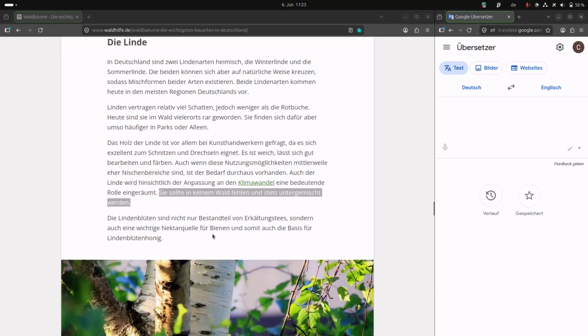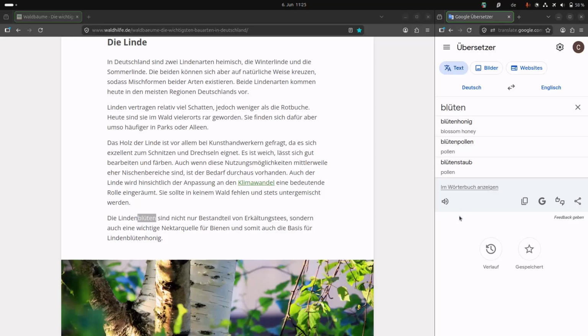So. Die Lindenblüten sind nicht nur Bestandteil von Erkältungstees, sondern auch eine wichtige Nektarquelle für Bienen und somit auch für die Basis für Lindenblütenhonig. Die Lindenblüten. The linden tree, is it pollens? I'm not quite sure. It's something else, I would believe. Blossoms, of course, yeah. So the linden tree blossoms sind nicht, are not, nur, only, or just Bestandteil, so a part of, ingredient,